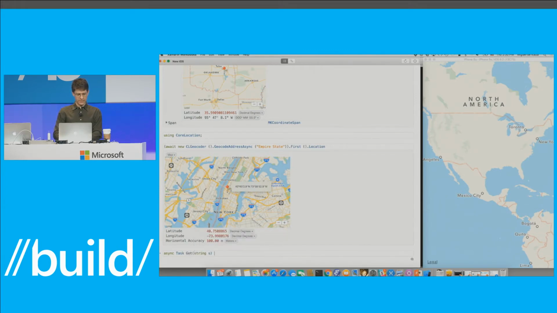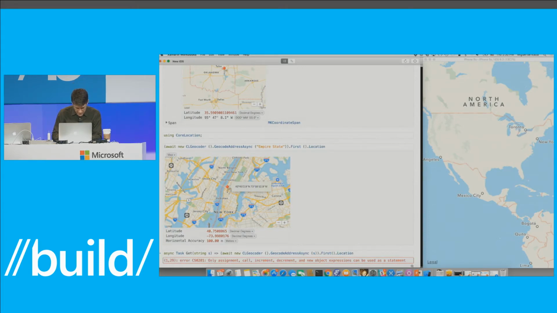I can make an async method, async task of, what is this, location? Get string s, so I can do await, new CL geocoder dot, or you can have this guy, the string. Does this make sense? In fact, I can do this, right? First dot location.